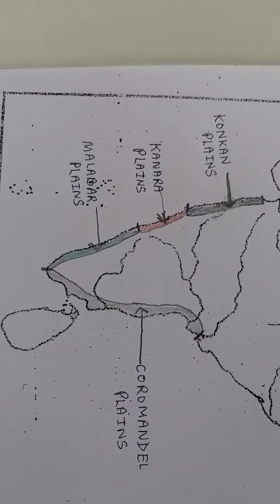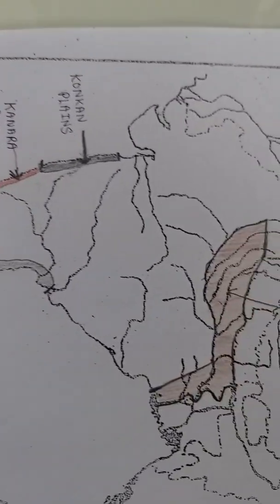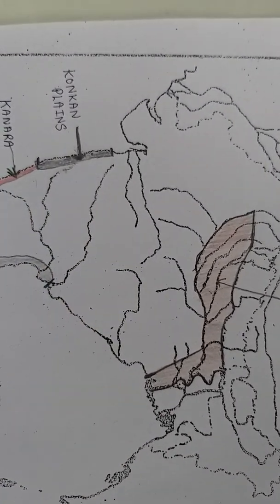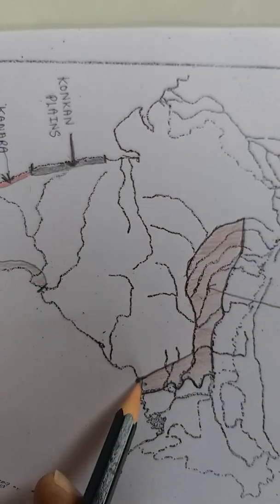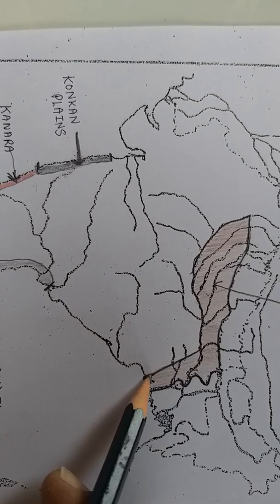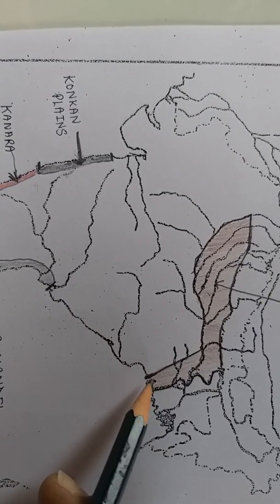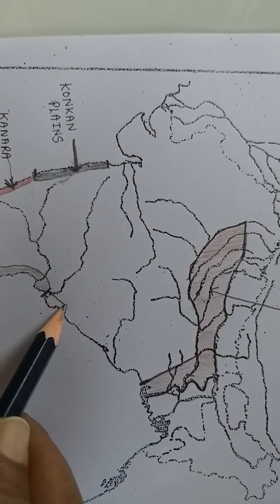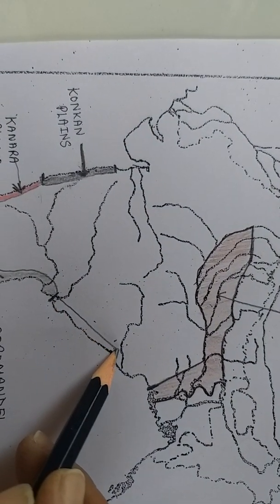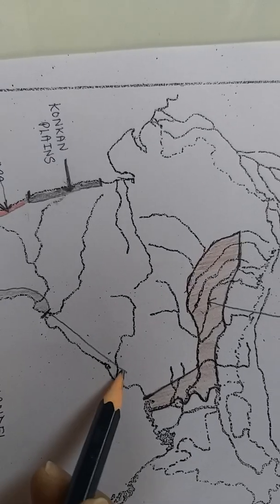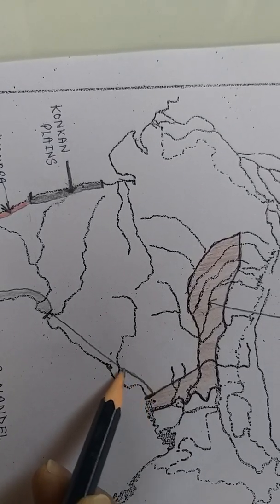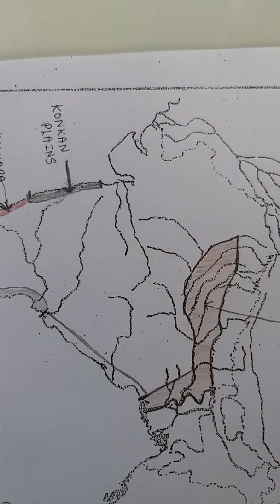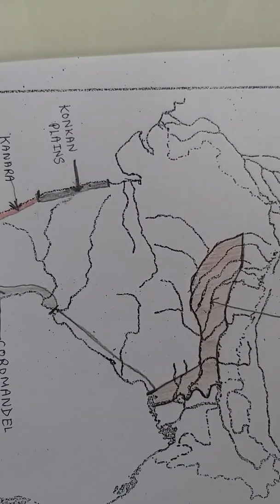Now let us go to Northern Circars. So from the delta of Godavari till the Sundarban delta, till this part, just before the black point, we have to complete the Northern Circars. Again, parallel to the coast, we have to draw a line in this manner. It should be slightly broader than the western coast. And we have to shade it.